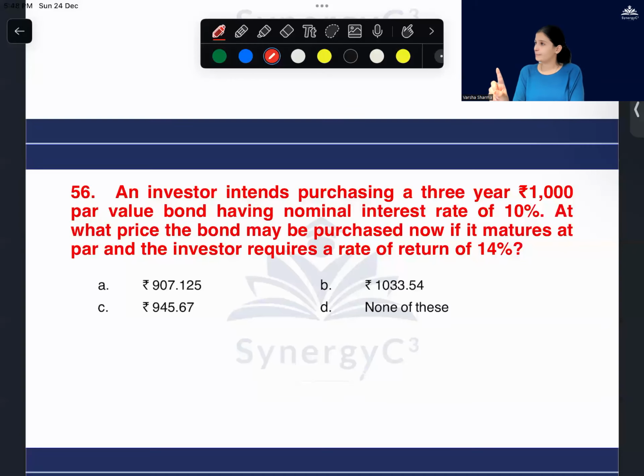Agree? So that is my first benefit, that the company is going to give me an interest on whatever is the marked value or the face value marked on my bond or my debenture. And the second way I'm going to earn is when my bond or my debenture expires or it matures. So if there was a period of 3 years after which the company was supposed to return me the money, it is going to tell me that after 3 years this is maturing. So after 3 years again, they are going to give me my loan amount plus some extra amount as an interest. Agree? So I'm again going to get an interest.